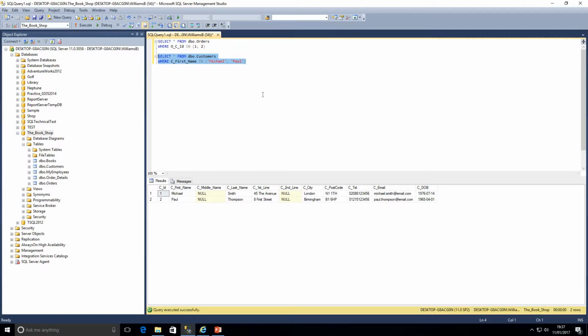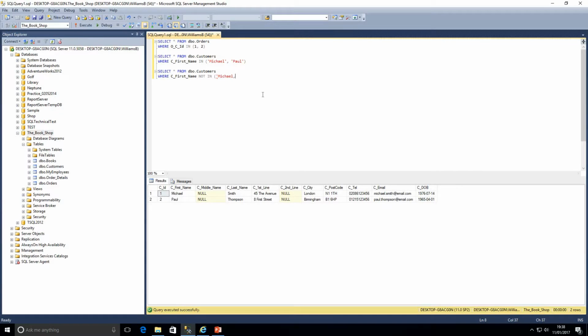But what if we wanted it the other way round? What if we wanted to give a list, but we want to find everybody that's not in that list? Well, that's pretty simple once you've learned how to use IN, because all we do is just change that. I will write another query here as an example so you can see the difference. So select all from dbo.customers where C first name, and this time we want SQL to return the results that are not in our list. So we're going to say where the first name's NOT IN